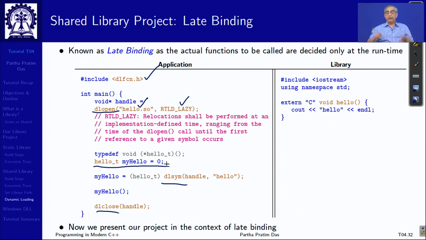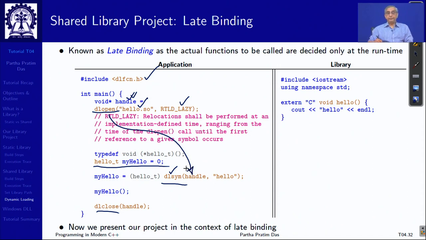Handle is a function pointer which takes nothing, gives you nothing: takes a void, returns a void. Because you do not know what kind of function is there, you need to assume that it is a function without any parameter and returning nothing. Then in dlsym you pass the handle in which you have opened your .so,